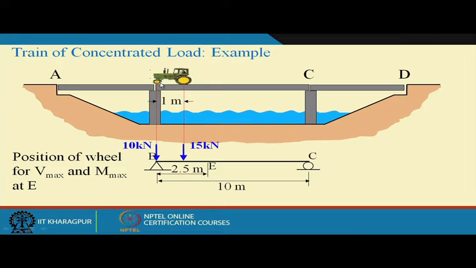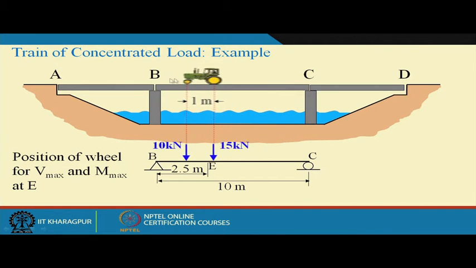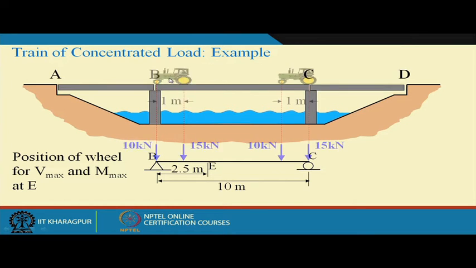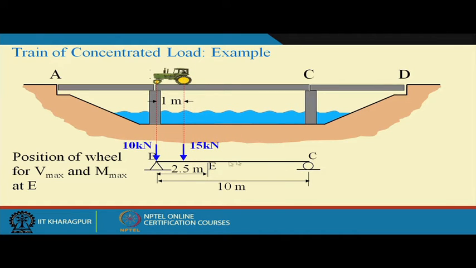This wheel applies a concentrated load of 10 kilonewton, and this applies a concentrated load of 15 kilonewton, and as this vehicle moves, these two loads also move on BC in this direction. The first is 10 kilonewton, followed by 15 kilonewton at a distance of 1 meter. So, what we need to find out: consider any point E at a distance 2.5 meter from B, what would be the position of the wheels for maximum shear force and maximum bending moment at E. So, let us